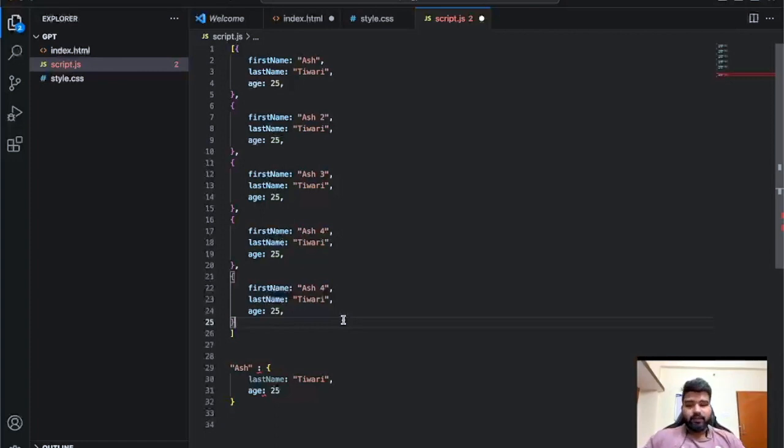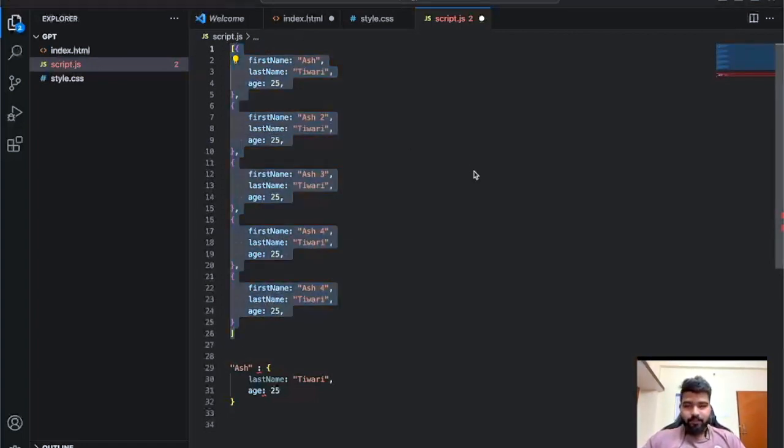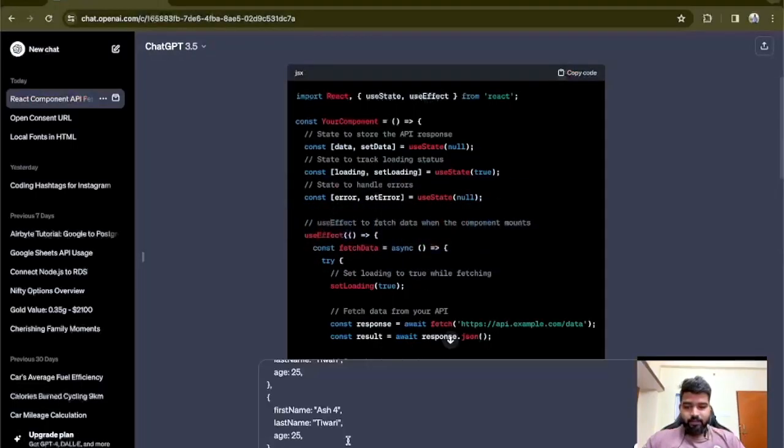That is where ChatGPT comes in, and it acts as your junior developer, which gives you all of these ready-made things so that you focus on the main business logic of the application. So let's say I'll just copy this into ChatGPT, and I'll say please convert